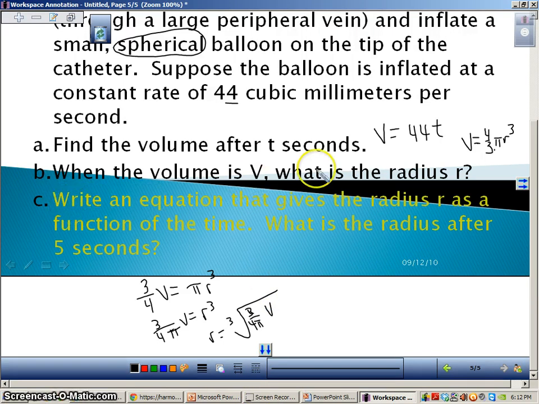So it wants us to write an equation that gives the radius r as a function of time. What is the radius after 5 seconds? So now where I see my v, I'm going to put in what I originally had. So it's just a substitution. I'm going to have the cube root of 3 over 4 pi times